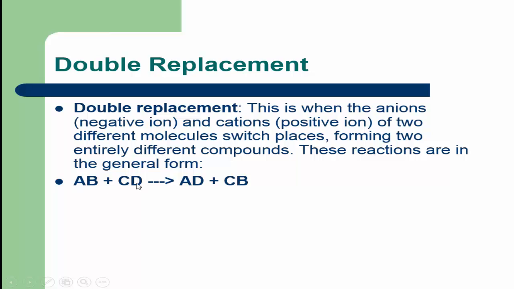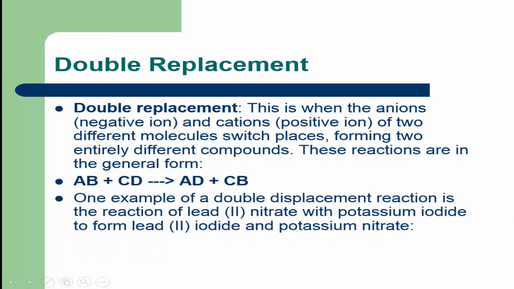Notice the A goes with the D and the B with the C. Metals always go first, non-metals second, regardless of where you are in the equation. A double replacement reaction would be a reaction of lead 2 nitrate with potassium iodide to form lead 2 iodide